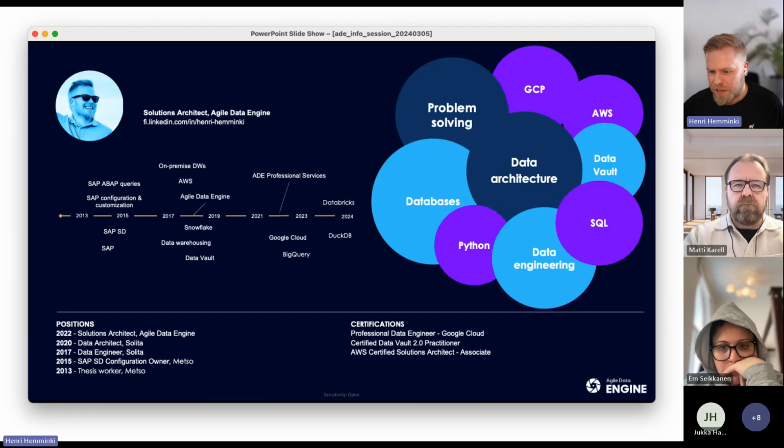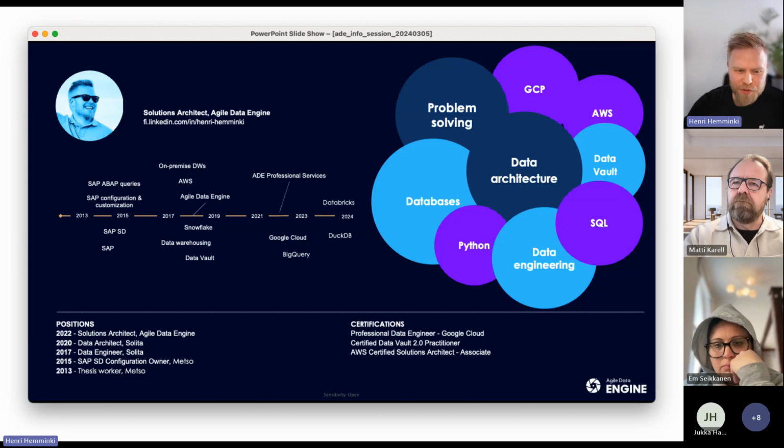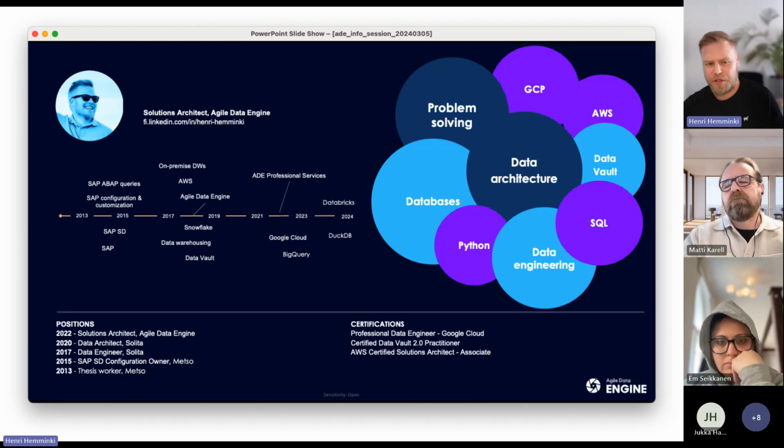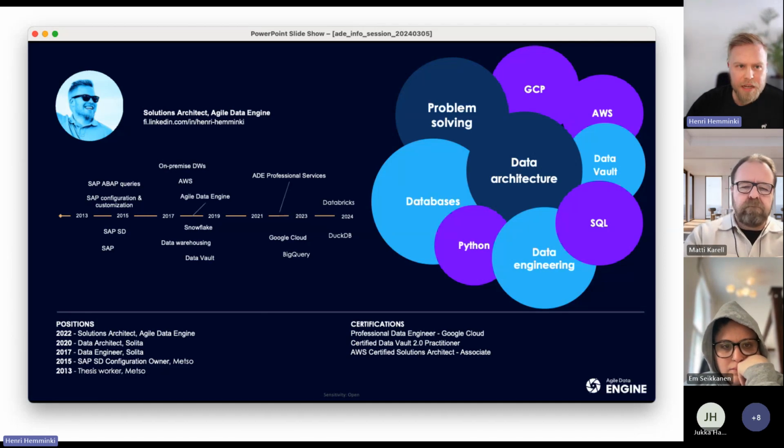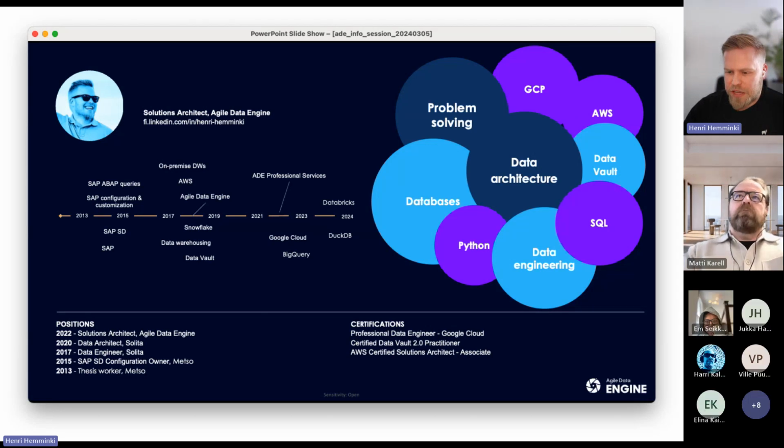But there are lots of database things in the slides, so that's why I'm also giving this session, because I think DuckDB is an interesting piece of open source tech and can be used in various things, but also in this kind of ad hoc stuff with ADE. So let's dig deeper into that.